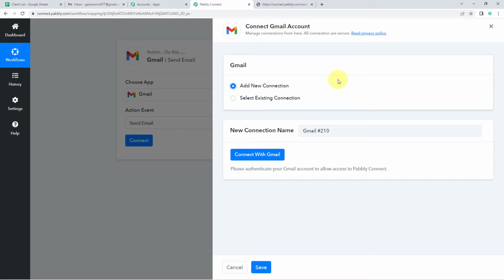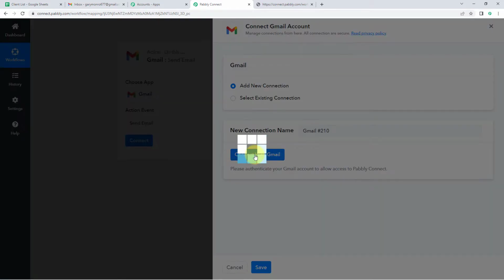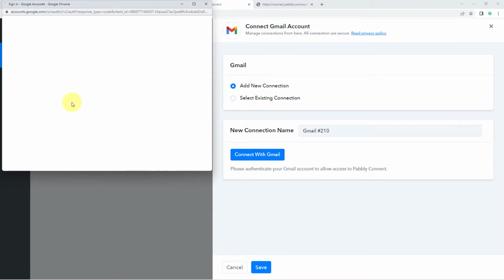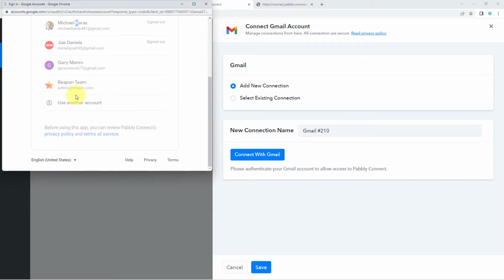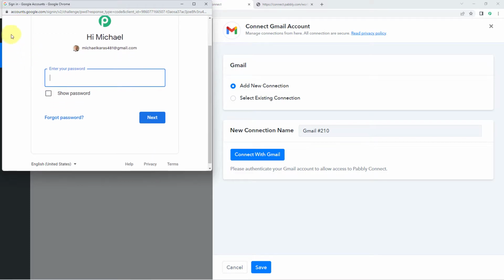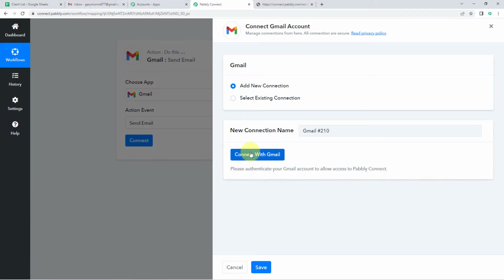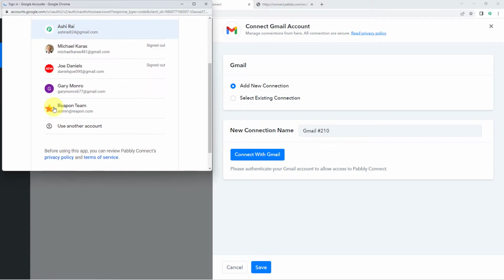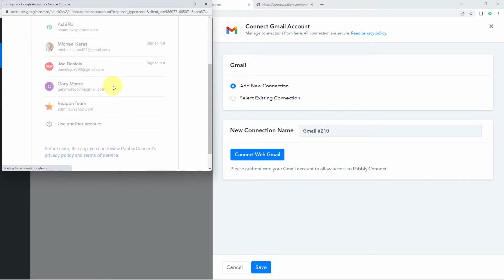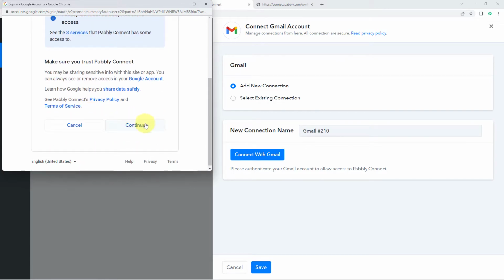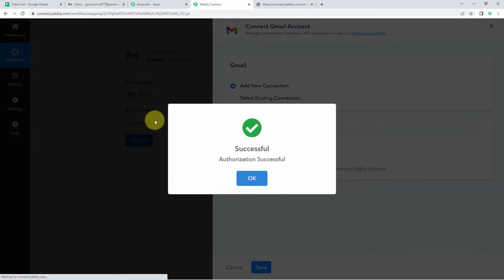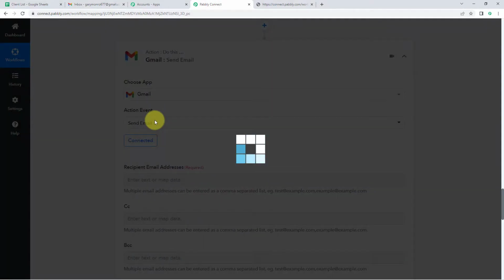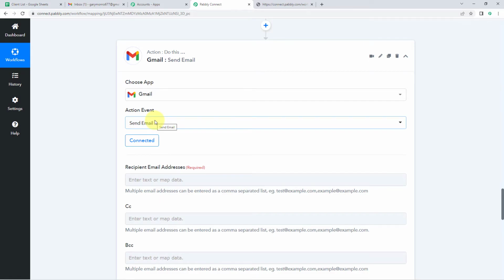After this, we have to connect our Gmail account from which account the email will be sent. So I will just click on this Connect with Gmail button. Select your Gmail account using which you want to send the email. Connect with Gmail. Let's select the Gmail account. Just scroll down and click on Continue. And that's it. Now my Gmail account is connected with Pabbly Connect, the same account using which I want to